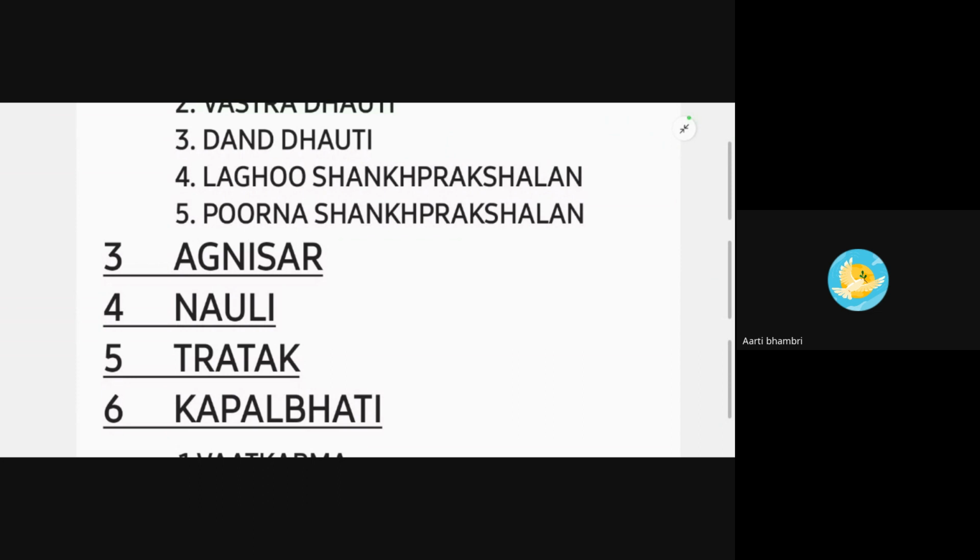Take a deep breath in and take a deep breath out. Now move your belly in and out. Okay, this is called Agnisar Kriya. The one thing that you have to keep in mind is that your belly button, your navel, shall touch the backside of your body, meaning nearly your spinal cord.